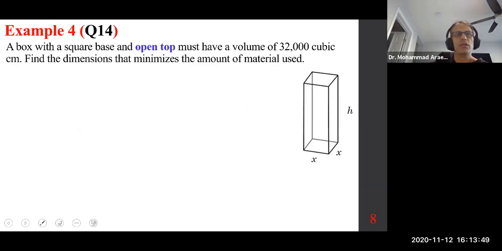Now we have a box with a square base, an open top, volume of 32,000 cubic centimeters. We want the dimensions that minimize the amount of material. Why do we want to minimize the material? Probably we want to minimize the cost. So let's first discuss